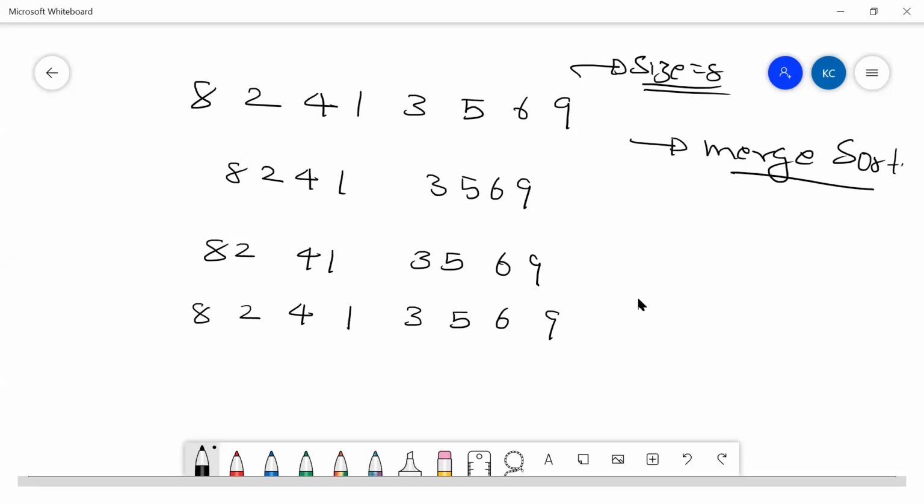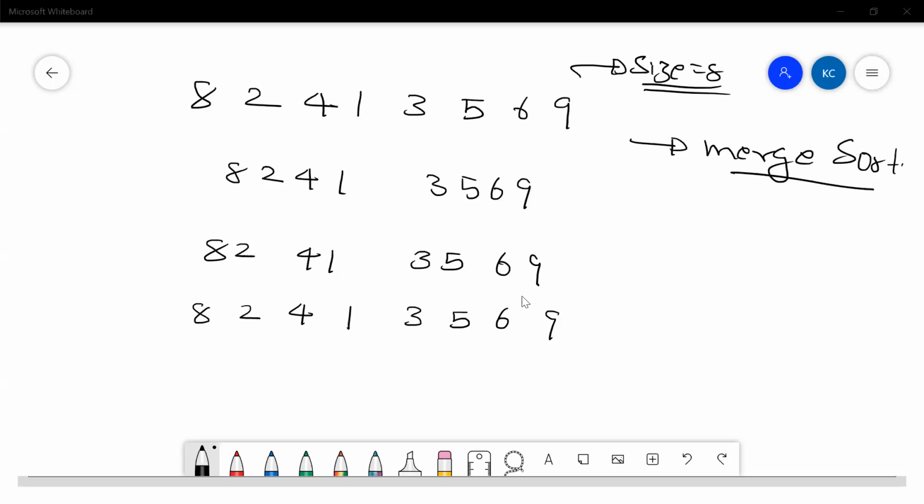If we have size 9, if we try to understand with some basic example, then you can tweak the code. Either you can say i plus 1 or j plus 1 or k plus 1 or whatever. But first we need to understand the algorithmic technique better, and then I'll explain what to do if there is an odd number size or an even number size. Okay, so here we have something like this.